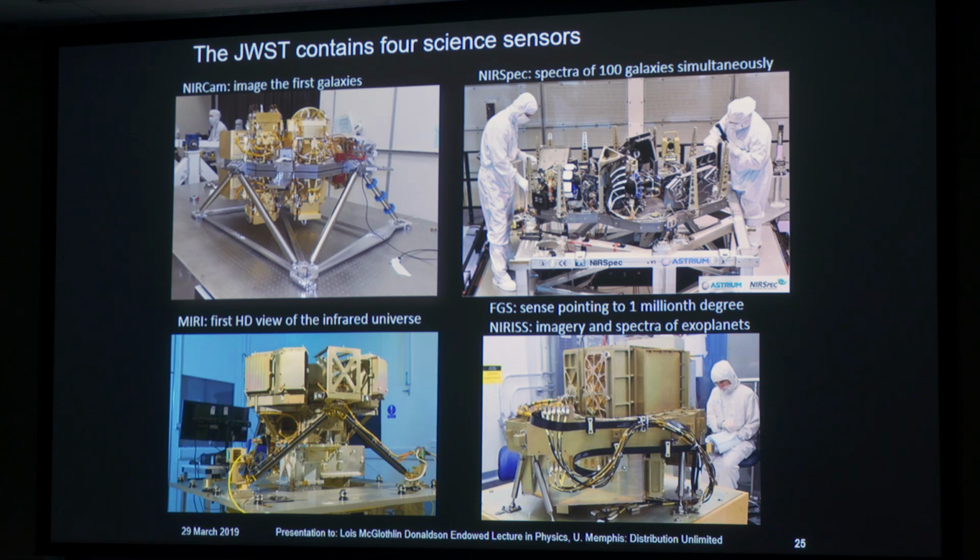Now, we had a problem in trying to look and understand these primeval galaxies in that they're very, very faint. So to get a useful signal, we have to stare at them for a long, long time. And if we tried to observe those galaxies one at a time, we would never get a large enough sample size within the 10-year mission. So we had to design this instrument to observe 100 targets simultaneously in a single exposure. It's called multi-object spectroscopy, and this is the first multi-object spectrometer to fly in space.